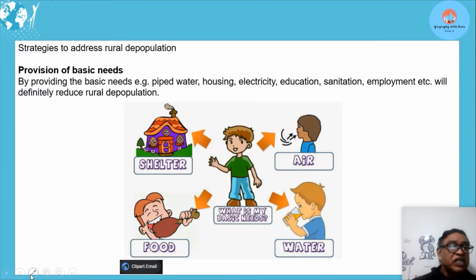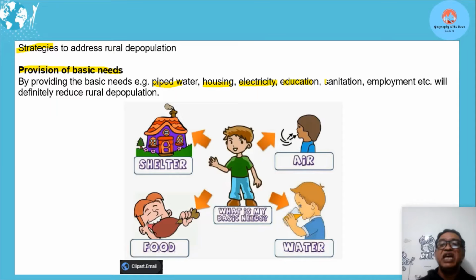Now we look at strategies to address rural depopulation. Of course, one of the basic things, we cannot supply it in all their lives, but to improve their quality of life, we do need to supply the basic needs. So one of the strategies of addressing rural depopulation is the provision of basic needs like your piped water, housing, electricity,